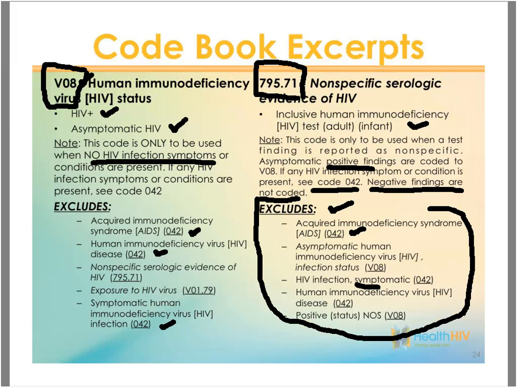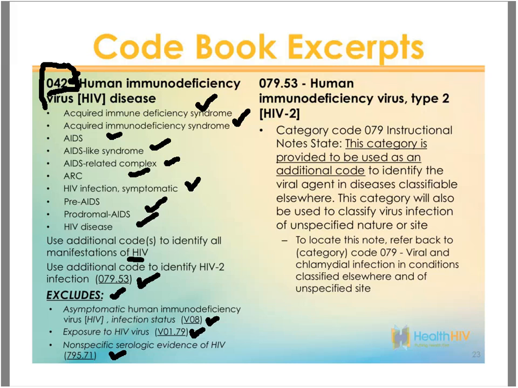Let's see, I think I see another code here, another question. For the diagnosis code 079.53, we have providers that bill that as the primary. Is that okay? And the answer to that is no. And let's go back. I kind of skipped over this, so now that the question is coming up, I'm going to address it. The coding guidelines state that if a patient is diagnosed with HIV-2, the correct way to report that,